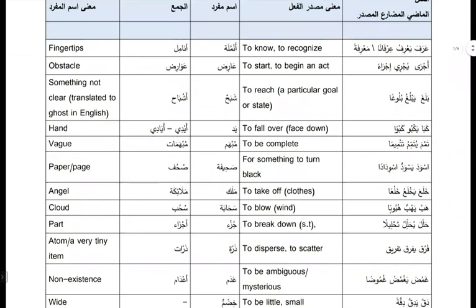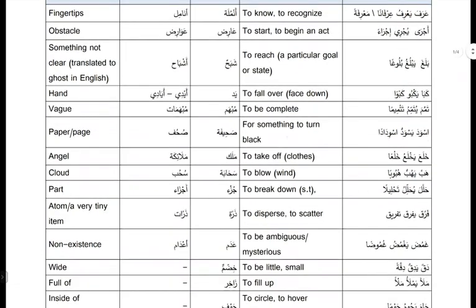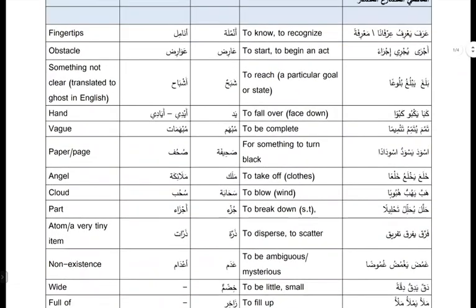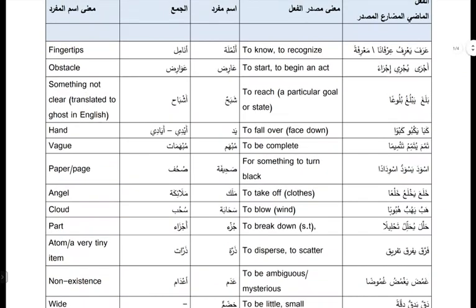Okay, and then the meanings. Now the meanings, obviously, especially with verbs, can have many meanings. The meanings that I've given here are based on the context of the text. So it is one of the meanings, but it's not the only meaning. And I'm sure you appreciate that by now. Especially with verbs, they can include many meanings.